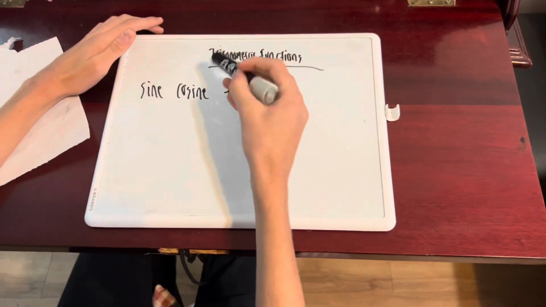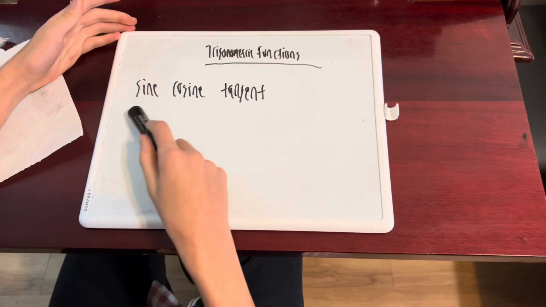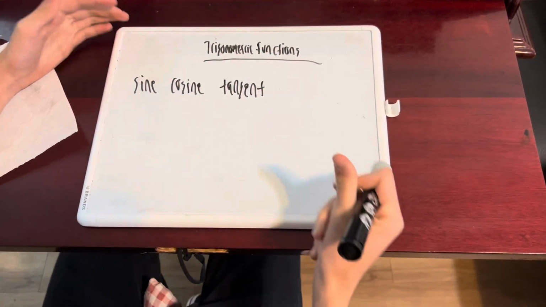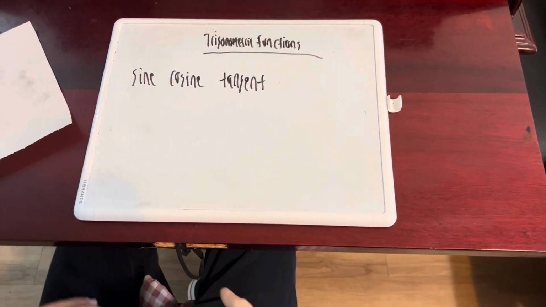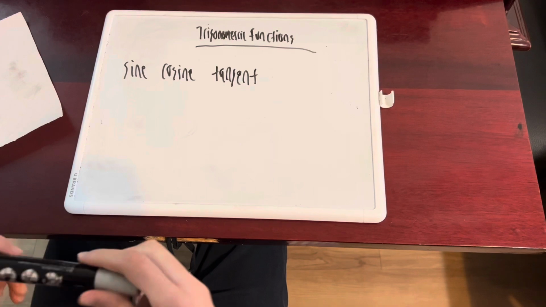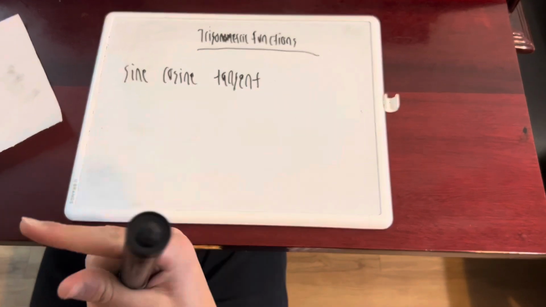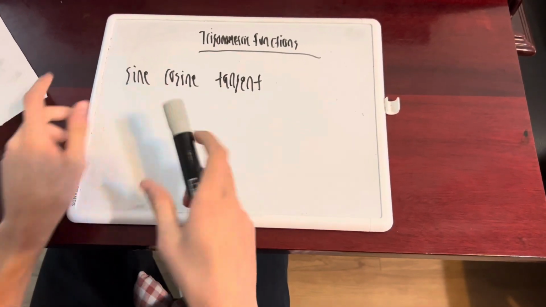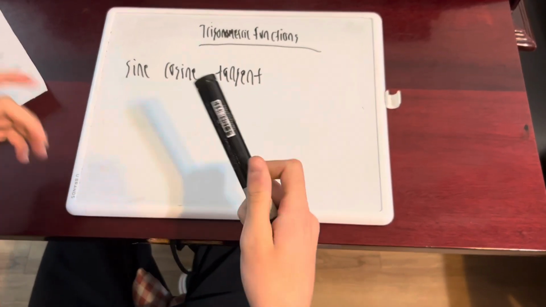Alright, so in this video, we're going to be talking about trigonometric functions. As you guys heard already before, the terms sine, cosine, and tangent. These are trigonometric identities which you use to find the ratio or specific measurements of a right-angled triangle, given that you have an angle and a side, or two sides and you want to find the angle, right? You can use the algebra there to work out